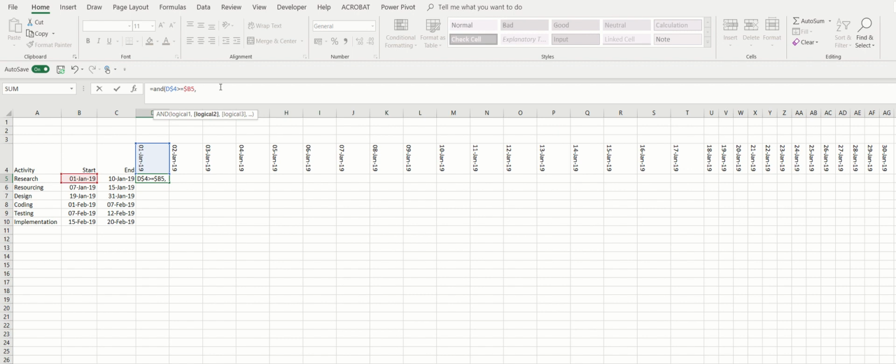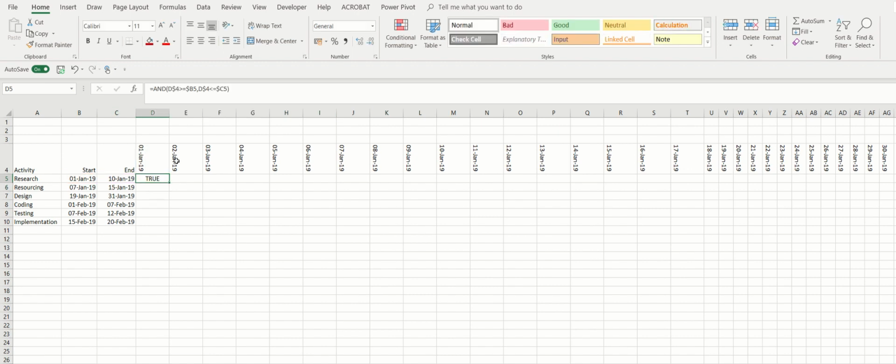I can have as many parameters as you like on this, but it's only two things I'm interested in here. I want something very similar here, that should be less than or equal to that. And that should do it, except for my $ signs, because I'm still in D$4, because I always wanted to be looking at that row, and I always wanted to be looking at column C because that's my end, and press enter,